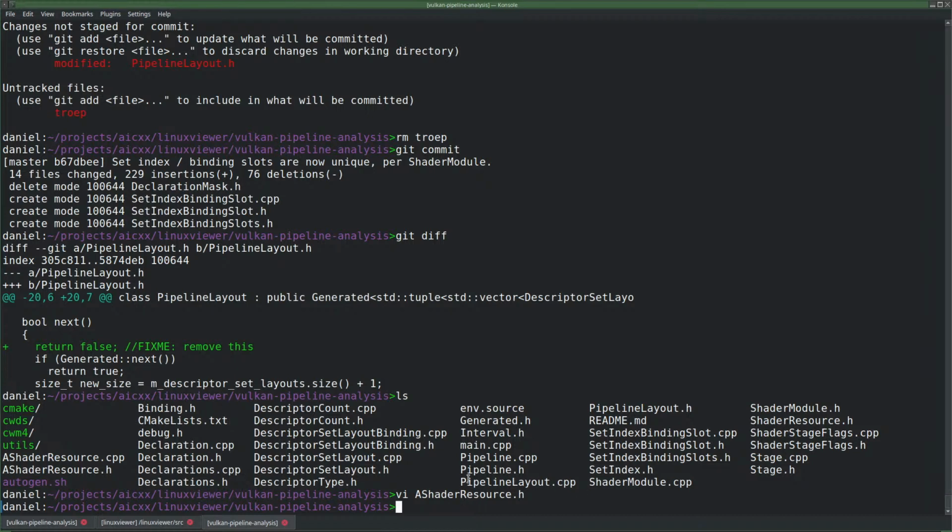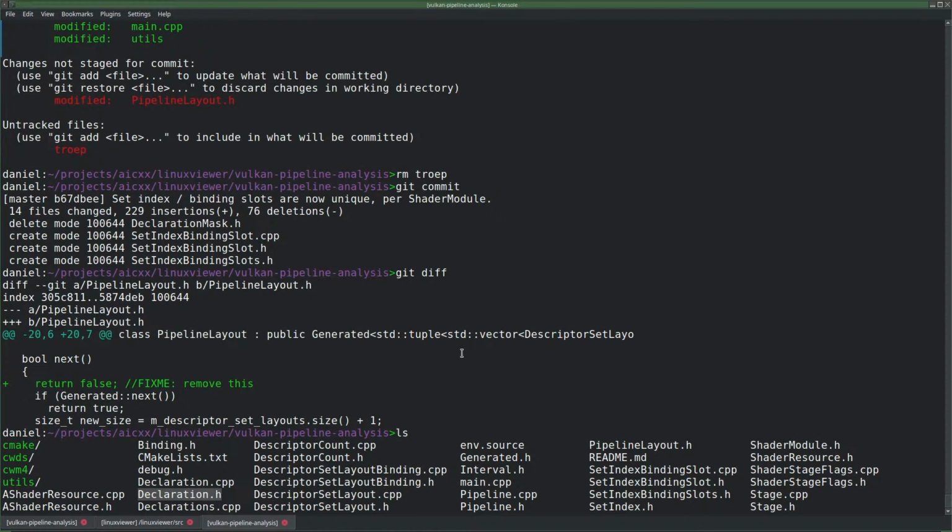So a shader resource is just an interval. I want it to be unique in the same way as a declaration. A declaration exists of